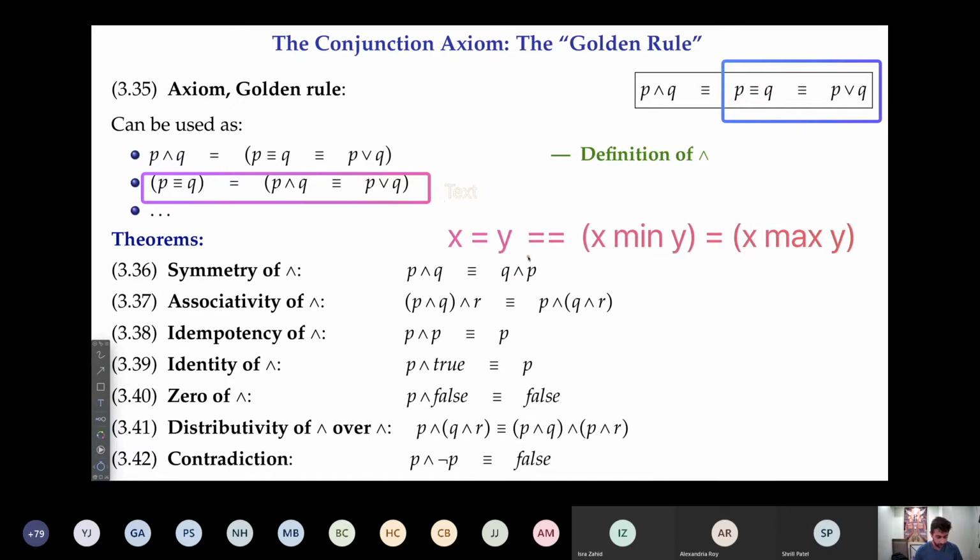What if I said x min y is equal to x precisely when y is equal to x max y? Okay. So I'm saying the minimum of two numbers is the first one precisely when the other one is the maximum. Does that sound reasonable? Yeah. Okay. So for the real numbers, this is such an obvious thing and so uninteresting that no one